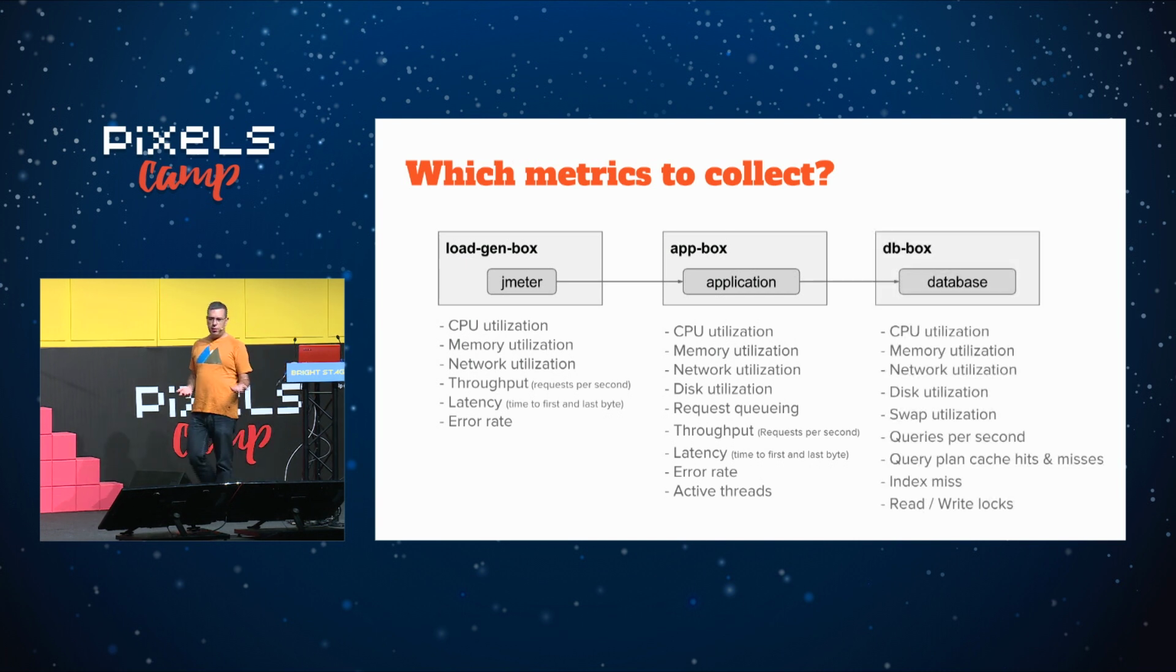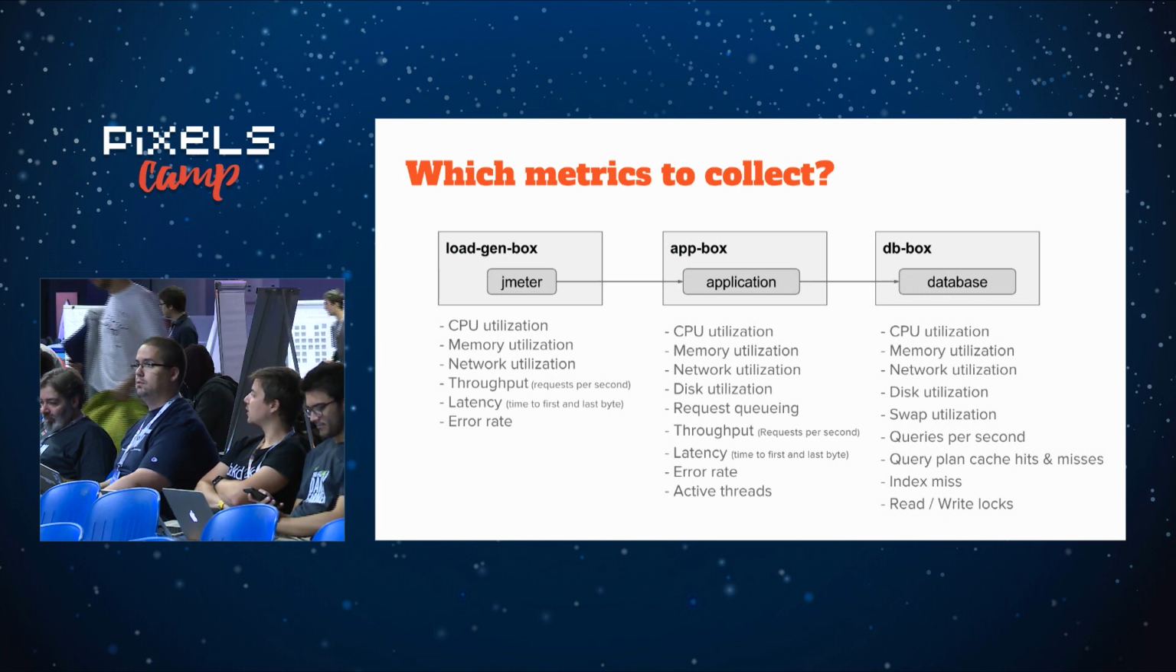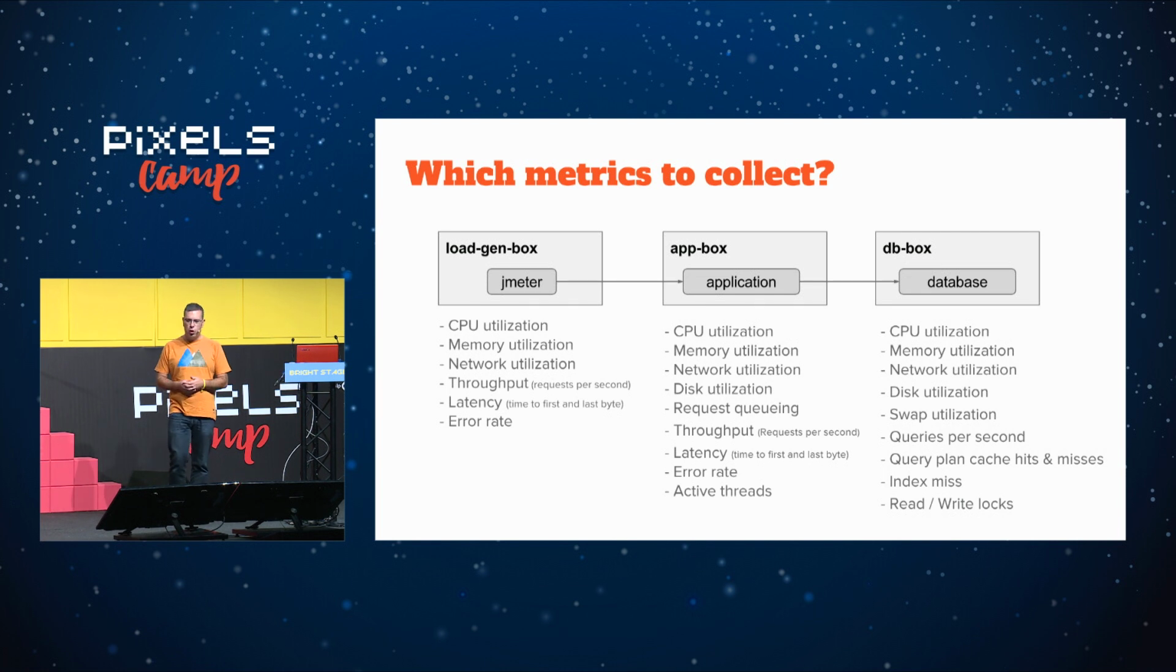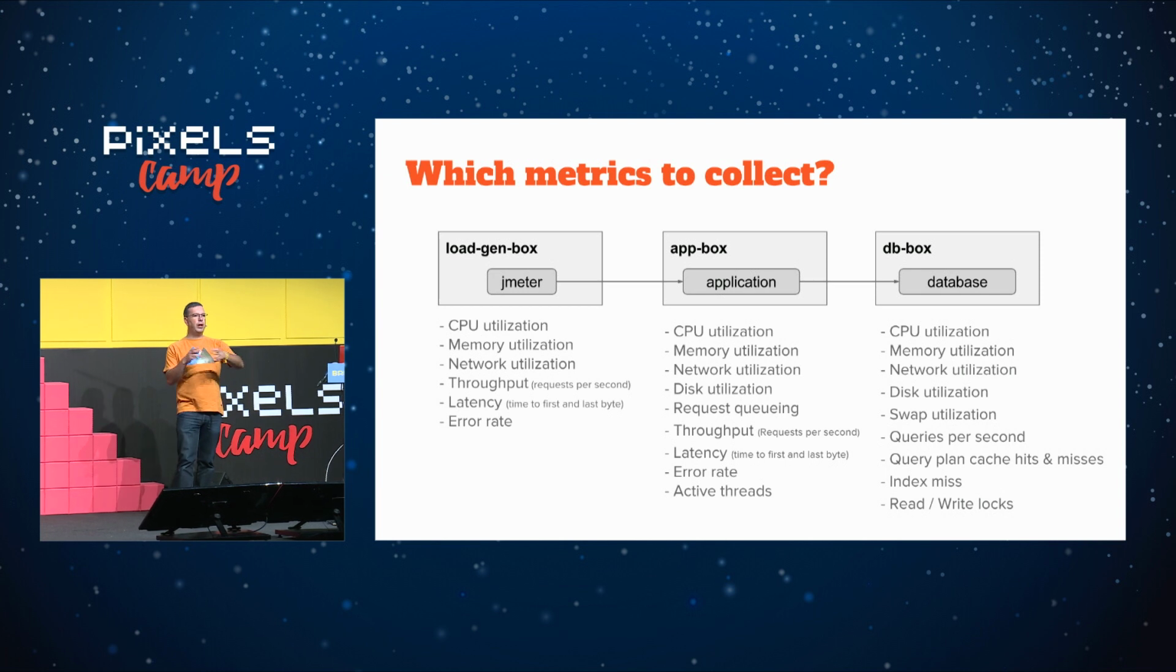Regarding the database server, then again, computing resources. And for the database server, it's particularly important to pay attention to swap utilization, because we don't want our database server to be swapping. We want to fine-tune it to use as much memory as possible, but to avoid using swap. And then we are interested in metrics like queries per second, query plan cache hits and misses, because the database server, every time